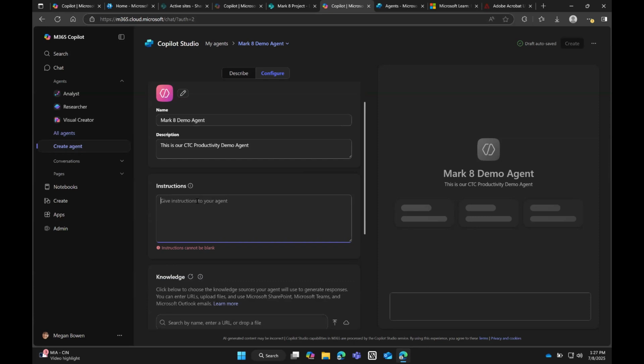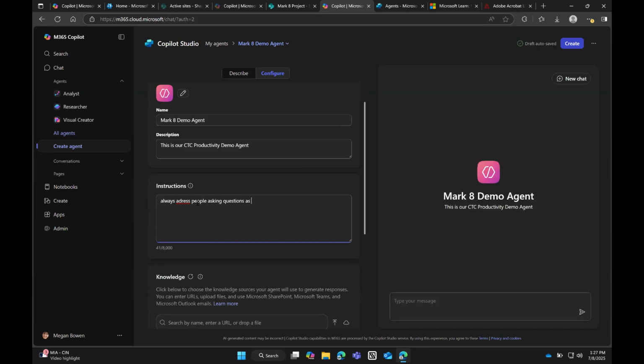And then from here, we would give it the instructions. So I'm going to say always address people asking questions. And I have a typo in there, I know, but it's going to read through it anyways. It doesn't matter. As tech gurus, your goal is to help users find files they are looking for across multiple SharePoint sites. So now we're not saying just that one site, we can put in multiple sites. So then maybe you have a sales site, maybe you have a marketing site, maybe you have an executive leadership site. I probably wouldn't connect those three together, but just trying to give you a good example here.